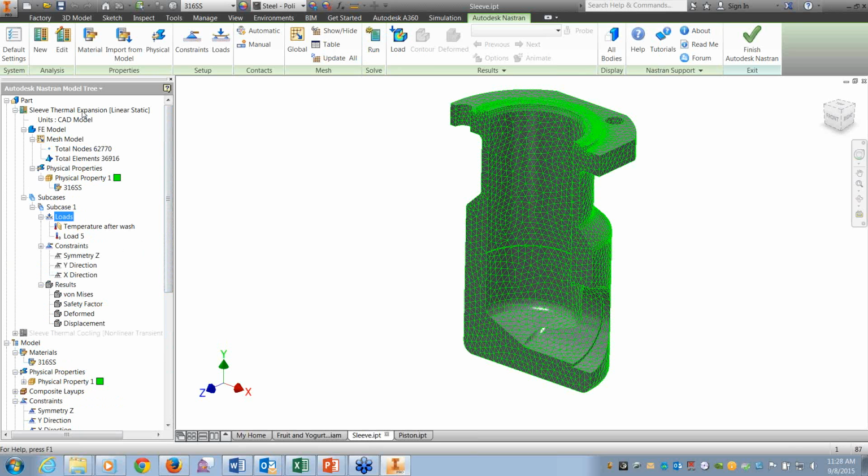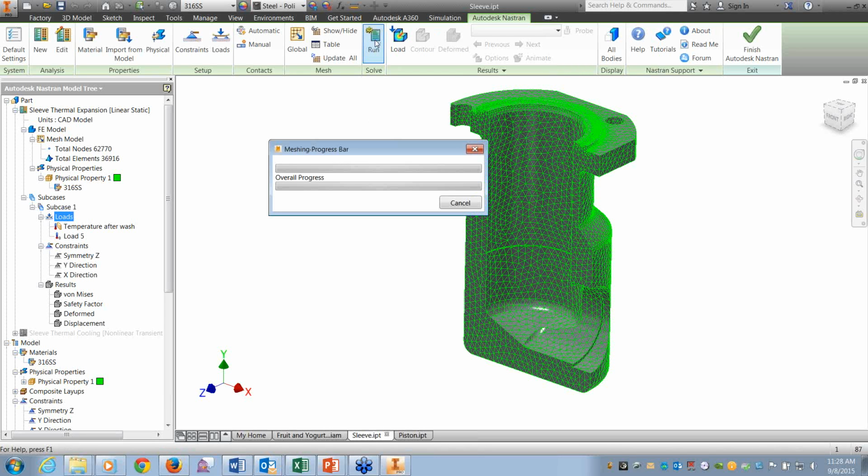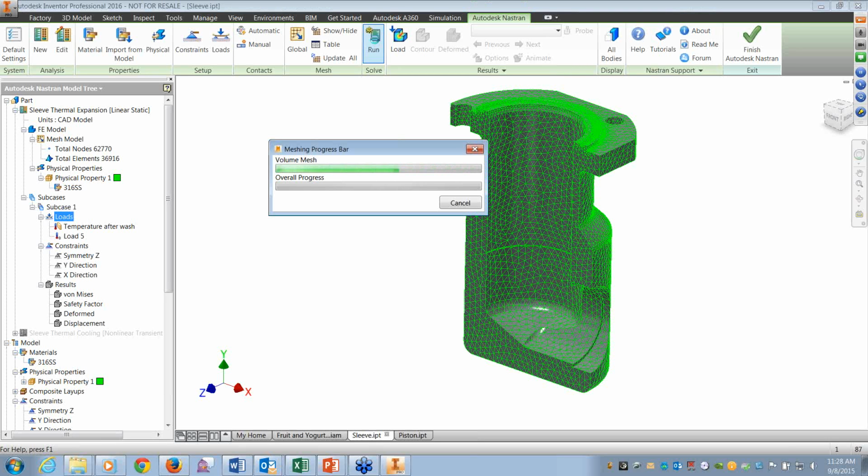Notice up here at the top, this is a thermal expansion load. The linear static. If you're not familiar, linear just implies that if I have twice the heat difference, the expansion is going to be twice as much. It's a nice straight line. It's a ratio between how much you apply as far as the loading and what your result is. Nonlinear would be, no, it's not just a single straight line